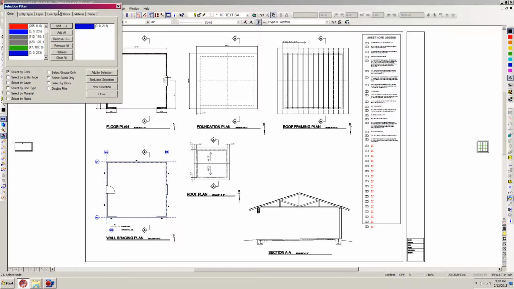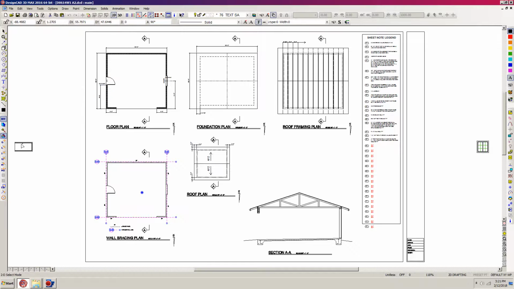So, as long as this is in this right-hand side, as long as the selection filter dialog is up, okay? I'm going to go ahead now and just select this guy, and you can see that it's only selected those blue items. So I can go ahead and remove this now and then close this, and what I want to do is